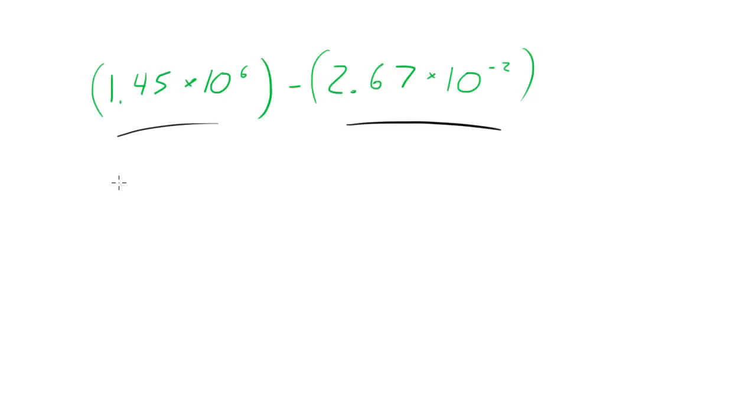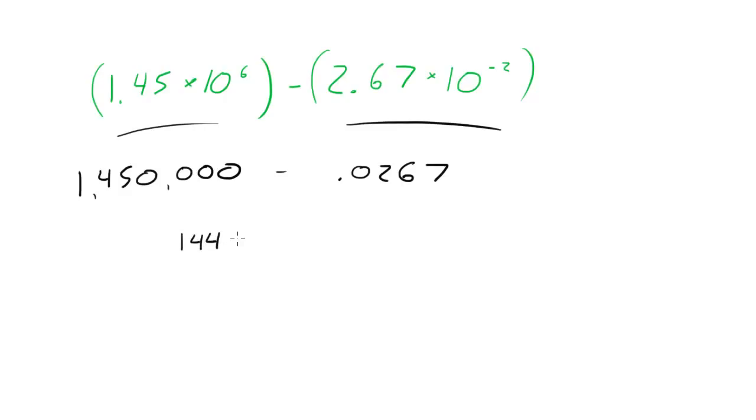So 1.45 times 10 to the 6 is 1,450,000, and that's it. I'll make sure I got that right. 4 zeros. Yep, looks pretty good. Minus 2.67 times 10 to the negative 2 is 0.0267. So 1.5 million minus this really small number right here gives us